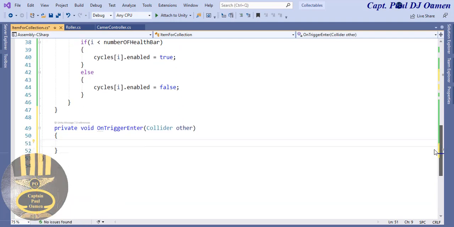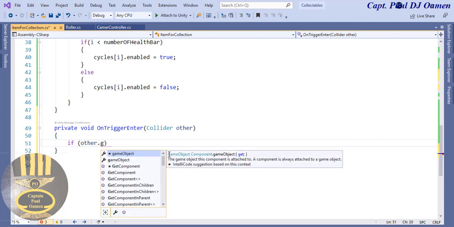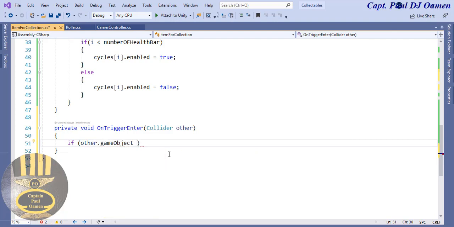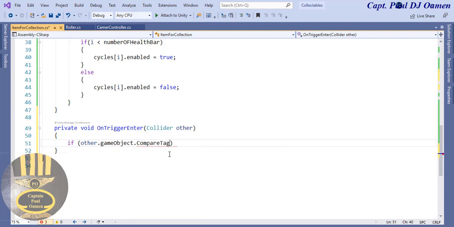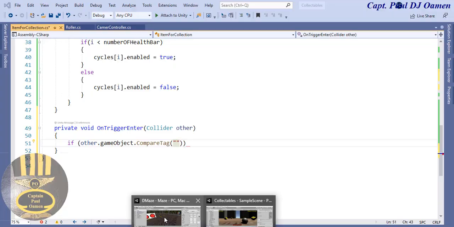There, on trigger enter order. So let's say if order dot game object dot compare tag, and that tag, let's assume that tag is, remember the tag that I created earlier, let's come in here,